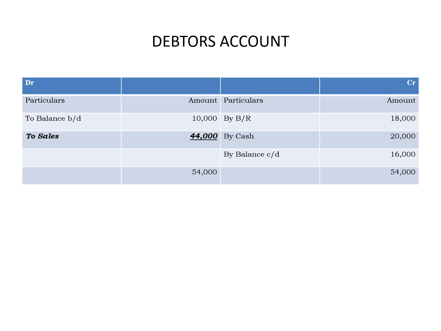Now we prepare the debtors account. So in the question, opening balance of debtors is given as 10,000. Bring down the balance. So debit side to balance brought down 10,000. In the BR account, we have got 18,000 as transfer to debtors, that is BR received. We transfer that from the BR account as by BR 18,000. This is nothing but bills receivable received. Then question states that cash is received from debtors to the extent of rupees 20,000. So by cash 20,000 will be the next entry.